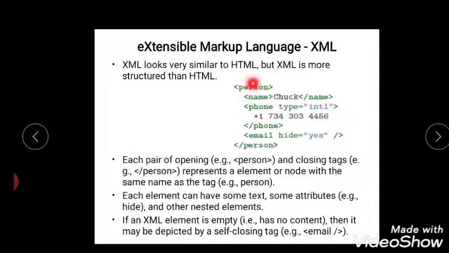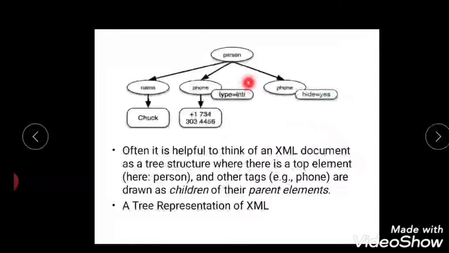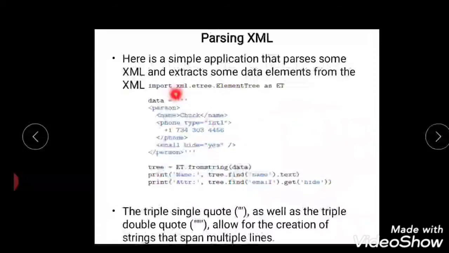Since it is starting from here, that will be the top element, the root element, and next to this, name, phone, and the others will all be taken as children, right? All these will be taken as children. And here for phone we have given the type as integer. In the other, we have given email with id equal to yes; here it should be email. Okay, and this is a small tree representation equivalent to an XML program. And now parsing: how to parse XML and how to extract the data from XML.